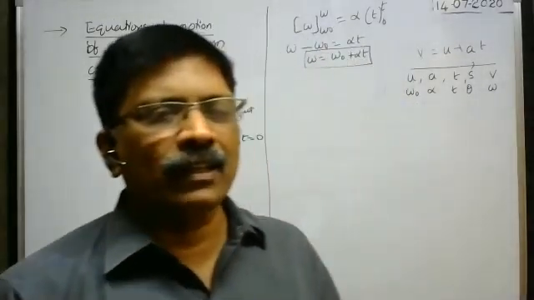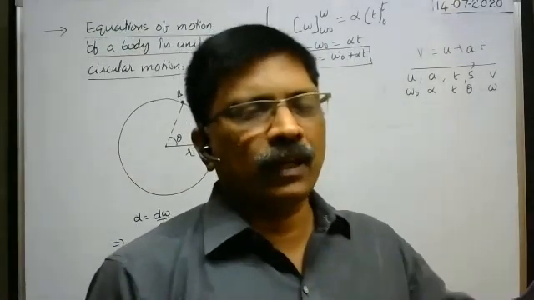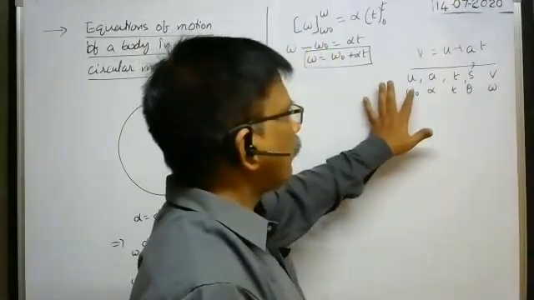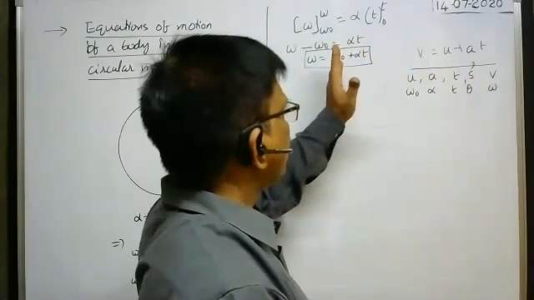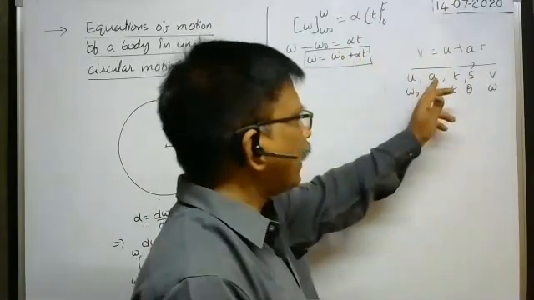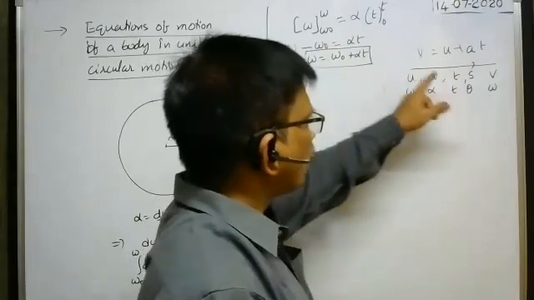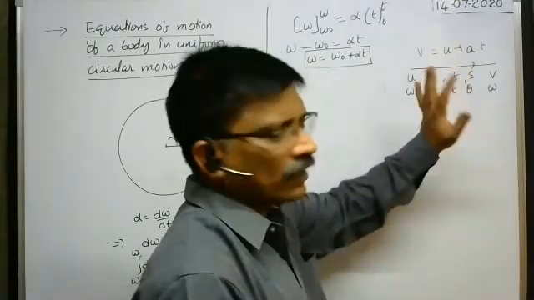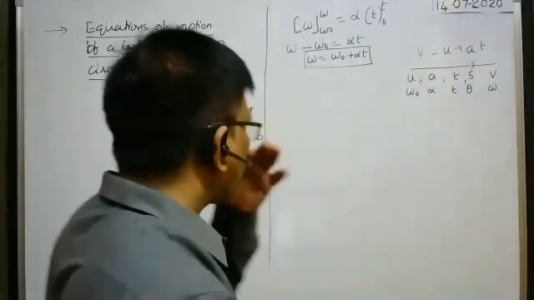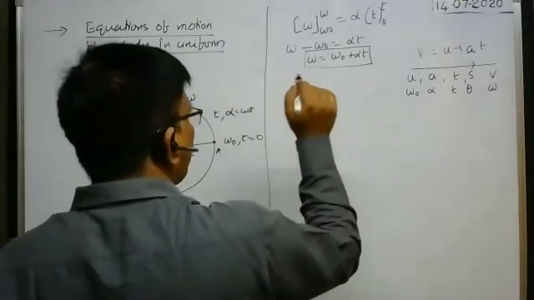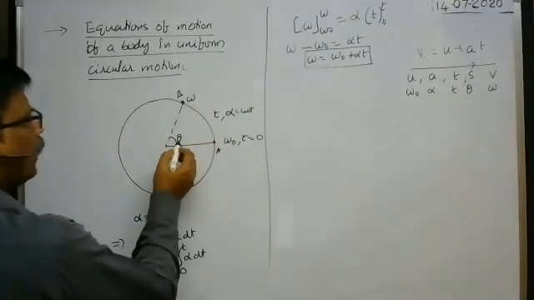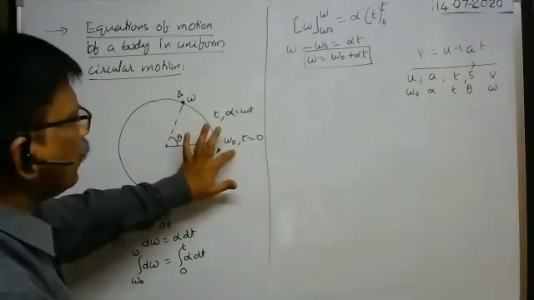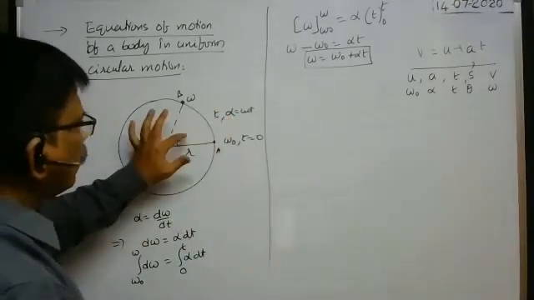Okay. So what is the analogy between rotative motion and translatory motion? In this, angular velocity, and in this, linear velocity, both are same. Angular acceleration and linear acceleration, both are same. Angular displacement and linear displacement, both are equal. In this way we can say. Next, angular displacement we have to find, because in t seconds the body has covered an angular displacement of theta. We are given omega naught and alpha. Then what about theta?